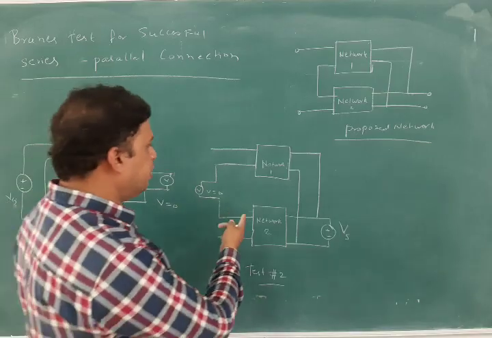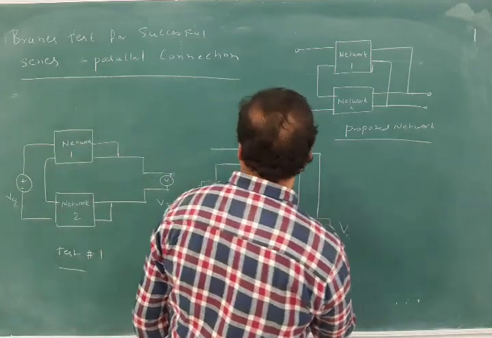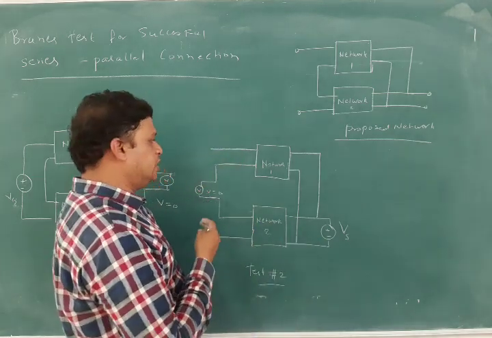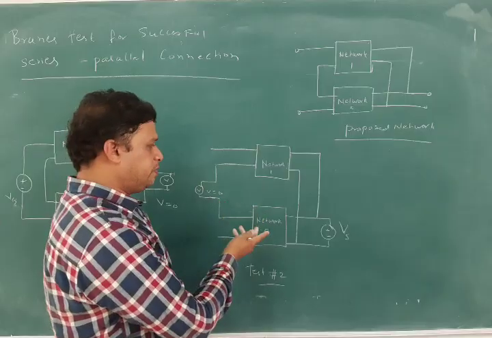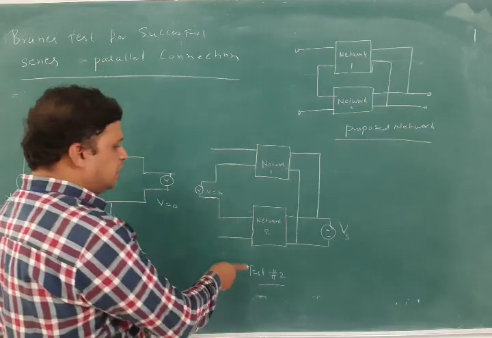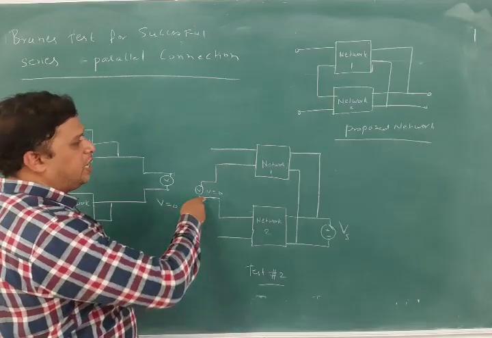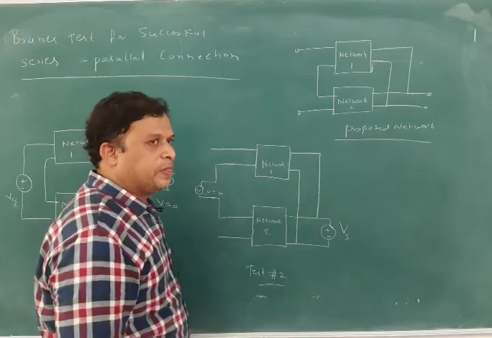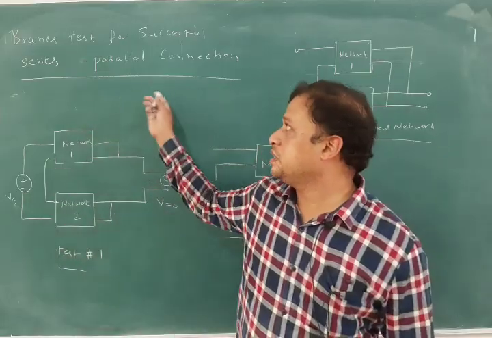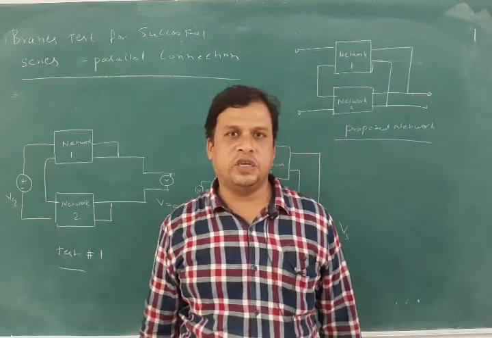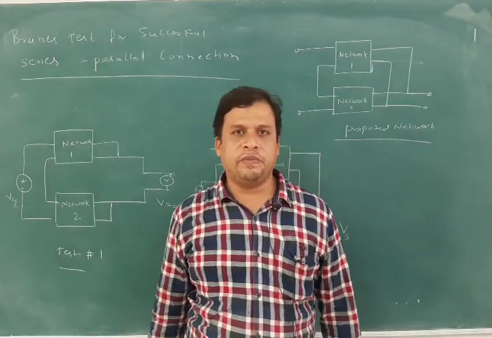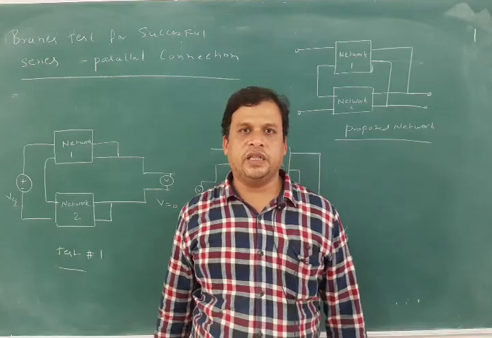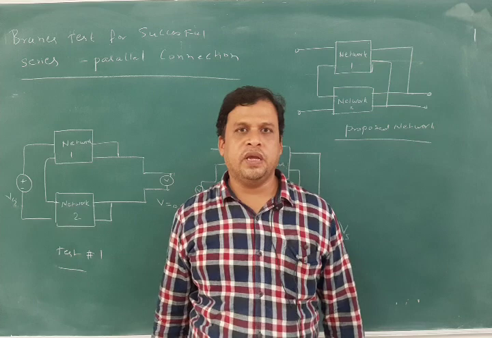Similarly for the G parameters, that is the parallel series connection, we will be using G parameters, which are quite opposite to the H parameters. Like we did a parallel connection here in the second test, here we do a series connection, and on the output side, the other port side, we have the parallel connection. So this is about the series parallel connection and also the parallel series connection for the G parameters. In this way, all these parameters can be used for a combination of two port networks, by just taking the Brune's test, we can successfully make the combination.